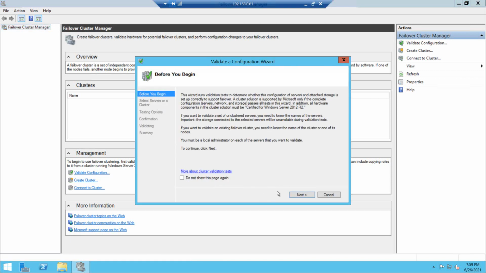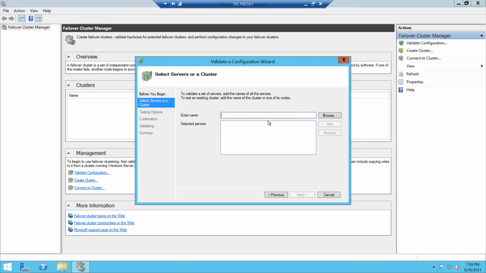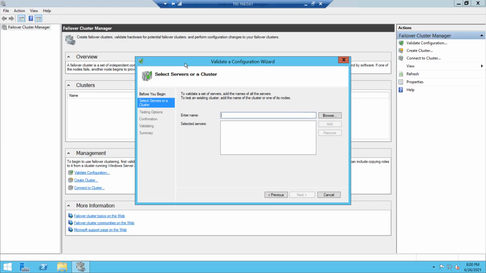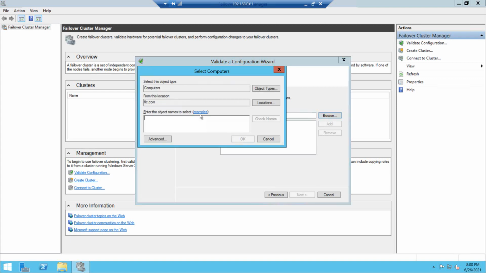Next, you need to give the cluster name. We have decided to give the cluster name as vstudent. Oh, sorry, this is for validation: whichever cluster servers you want to add, we need to add these servers.